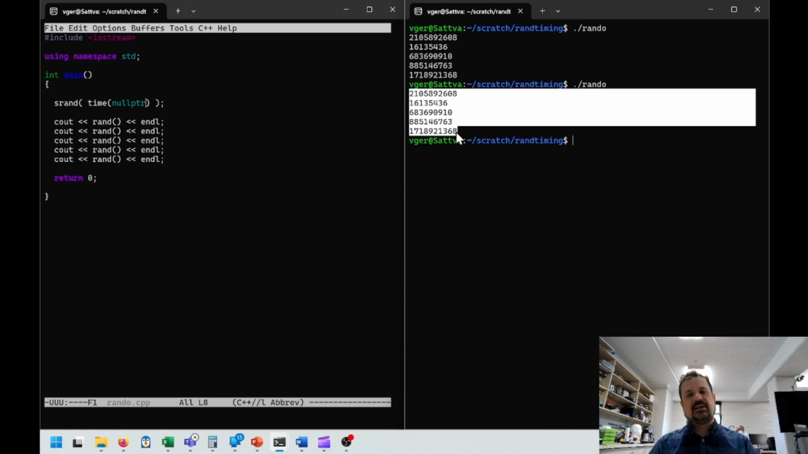To reduce the likelihood of this happening, you want to seed it with a timestamp that is at a higher resolution than seconds. And we're going to look at a way to get timestamps in higher resolution than seconds in our next code example. But before we move on to that, I want to talk a little bit more about